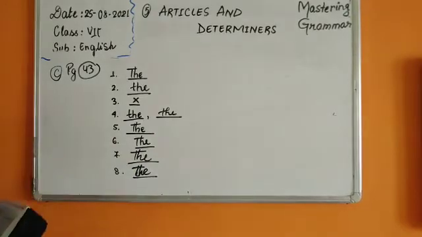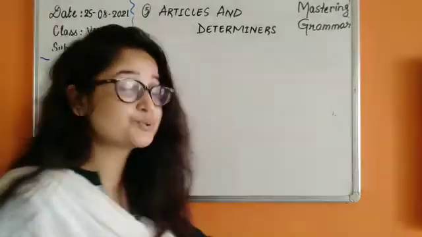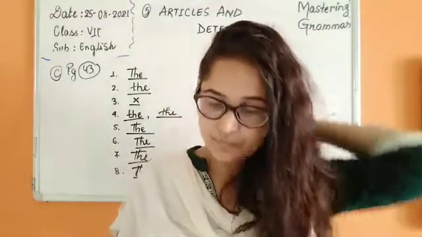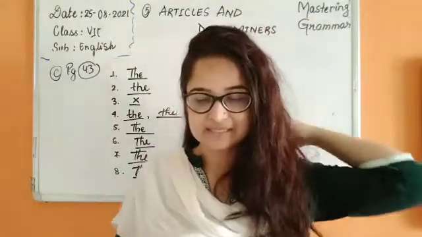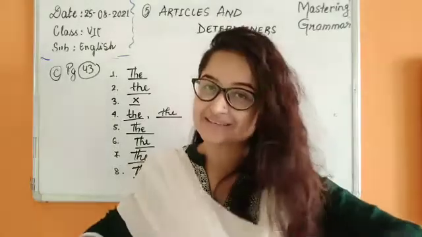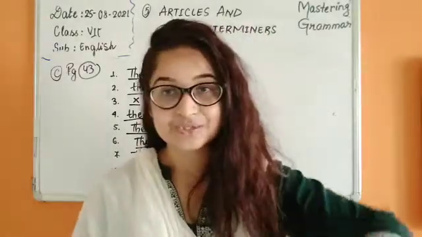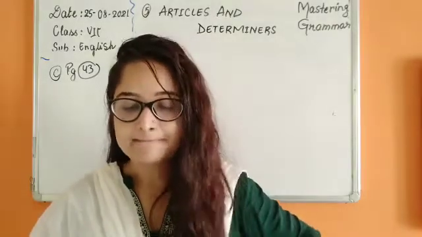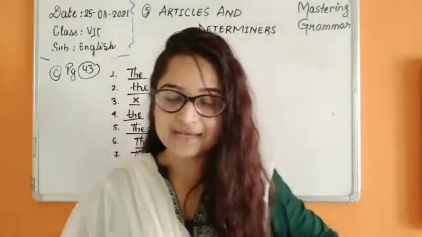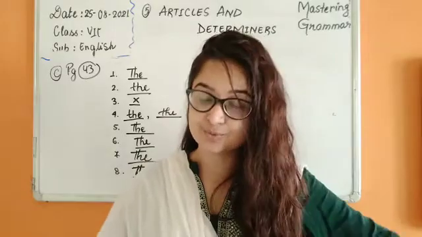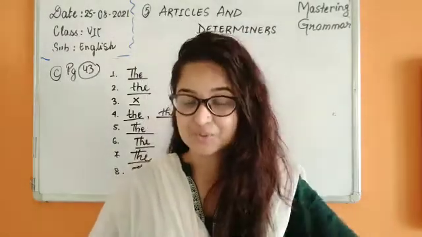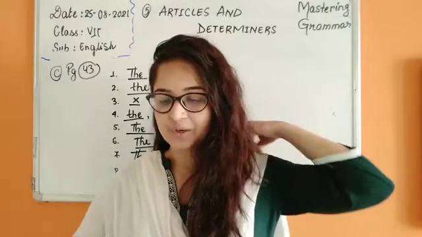Now moving ahead with the other part, repetition of the. When do we repeat the? Read the 2 sentences: the singer and the lyricist. Now children, in some cases you will see only one the is taken to mean something, but here we will see that 2 the has been used for singer and lyricist as well. So what change will you see? Where present on the occasion.